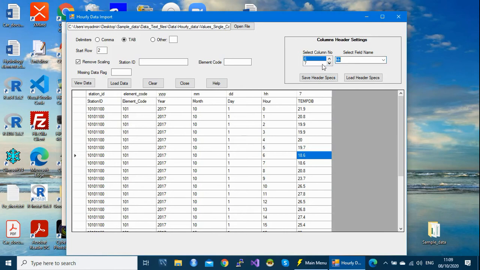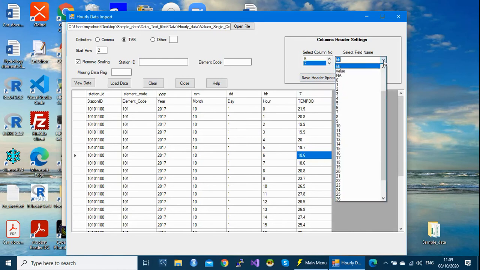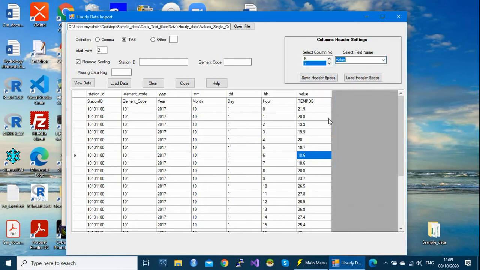Column 7 is our last column, the values. We have only one value in this column. This is one element, which is dry bulb temperature, and this is value. So this column contains values for dry bulb temperature.